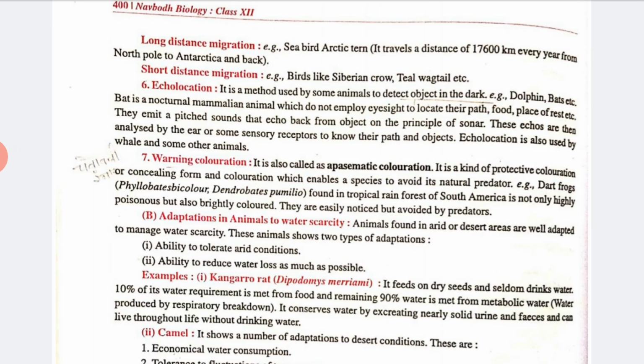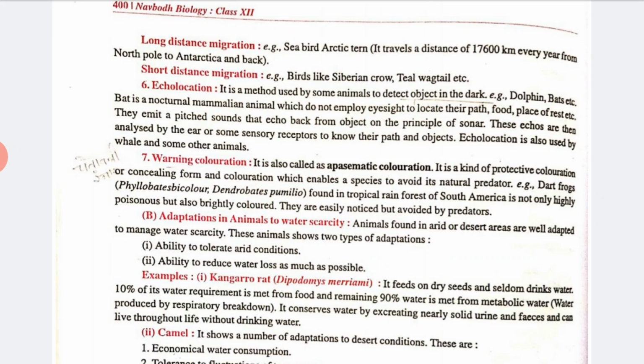Long distance means they travel from one place to another, a distance like 17,600 kilometers every year from the North Pole to Antarctica and back, right. So in this way they have various types of adaptations. Okay, now